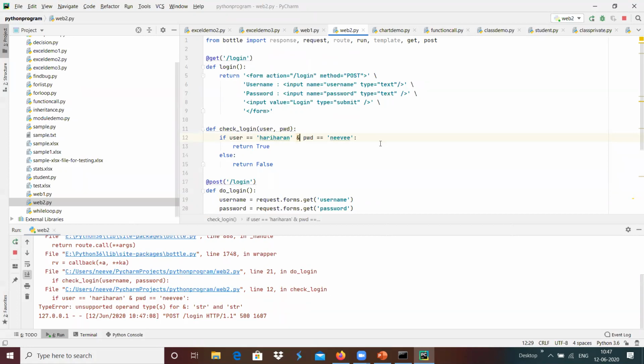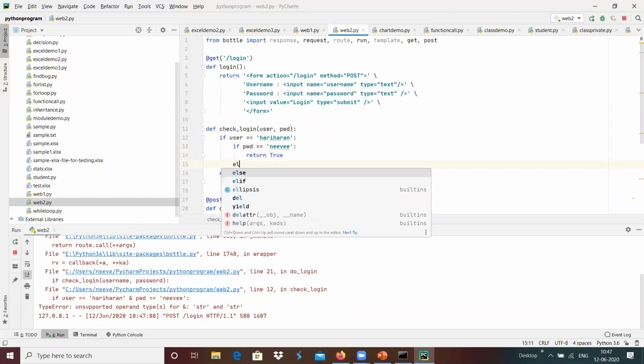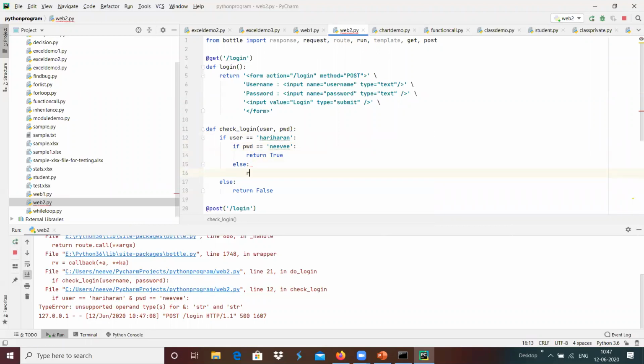Maybe I'm going to add something like if user equals this one, and within that I'm going to check password equals Nivi, then I'm going to return true, and if it is false, I'm going to return false over here.